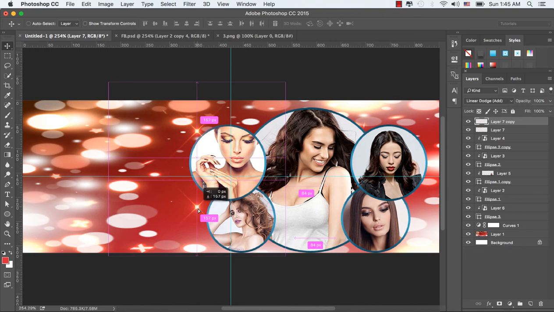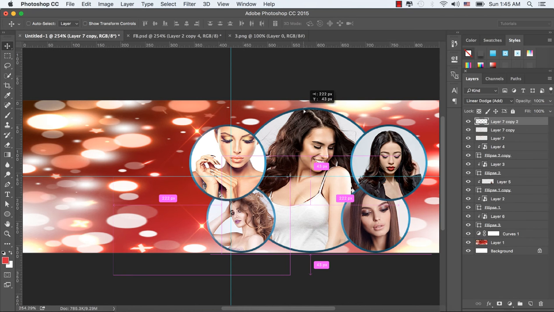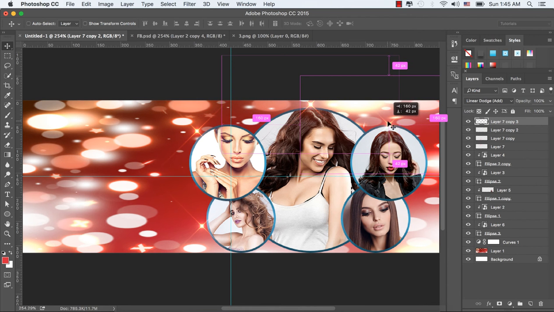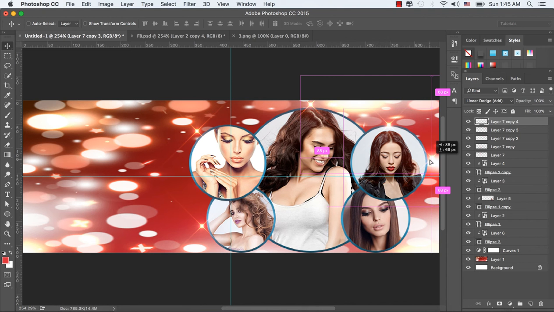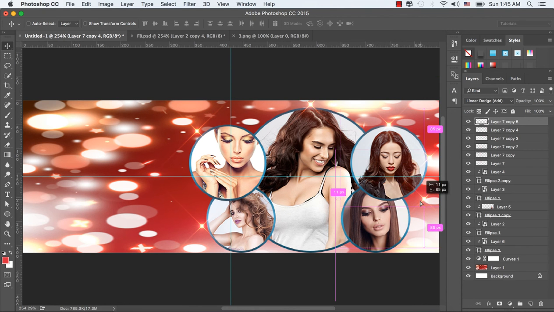Select the blend mode linear dodge from the layer panel and hold the Alt or Option key in order to drag to make a coffee. Let's make another coffee by holding the Alt or Option key from the keyboard and put it in our right hand side round shape, and make another coffee.